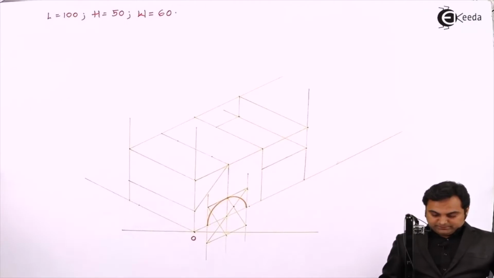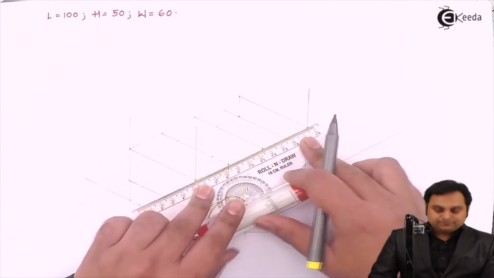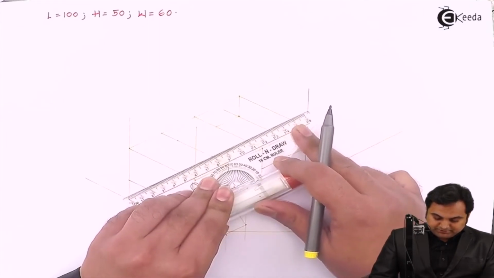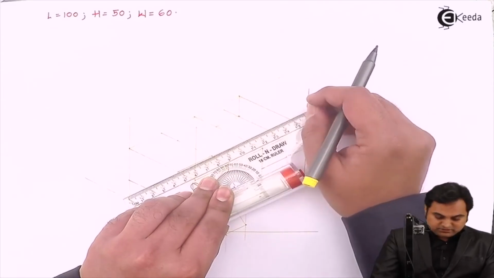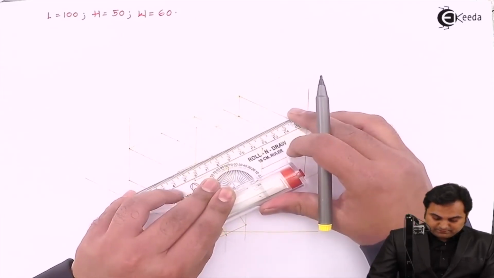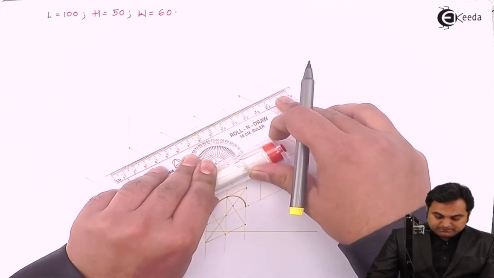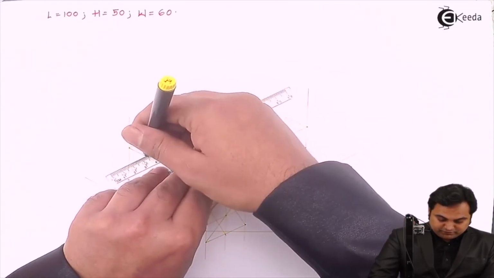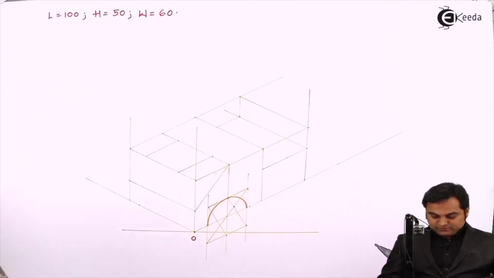So for that, I am measuring a line parallel to the length, projecting it behind, getting that surface. Similarly, I am keeping this line parallel through this point. I am drawing a light horizontal line, and then I am going to complete these surfaces. For that,